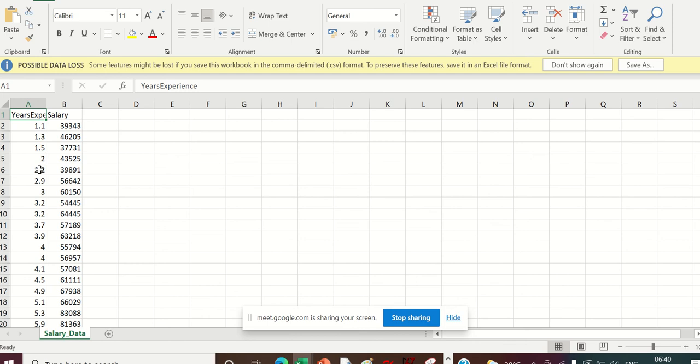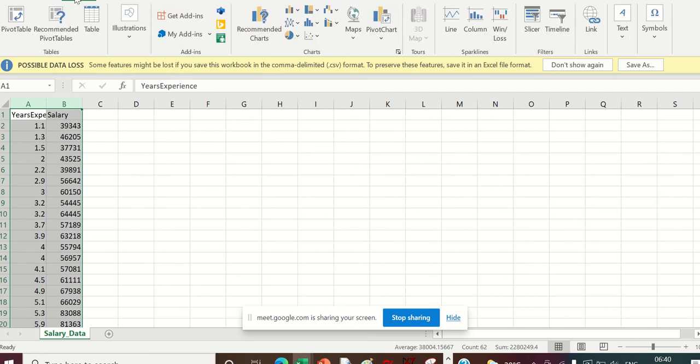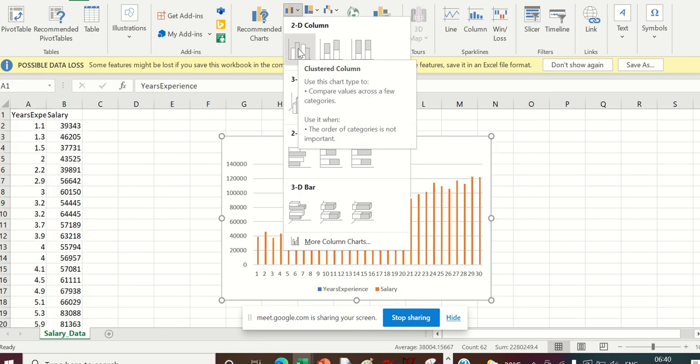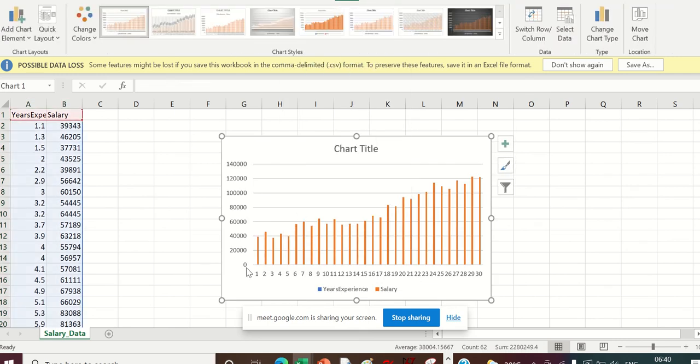Before you apply any model or any algorithm over this, and try to apply machine learning there, you should know what this data set is and how it is related to each other. So you can simply do a plot here. You can see it is varying linearly. If you do a simple plot in Excel, you will understand that the data is varying linearly.